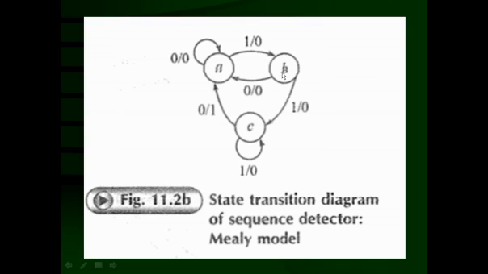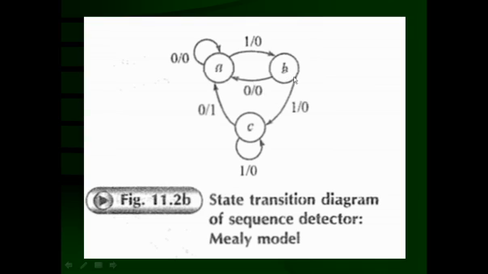So from the state B, again it will come back to the state A. So it is represented with this arrow. If it is in state B and it receives 0, that means none of the bits in a sequence is going to be detected, and it will reset to the state A and wait for this kind of